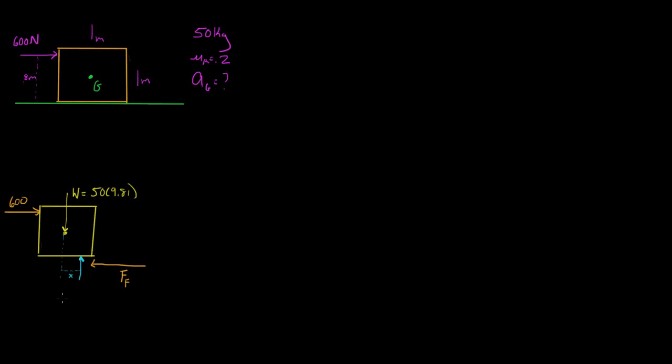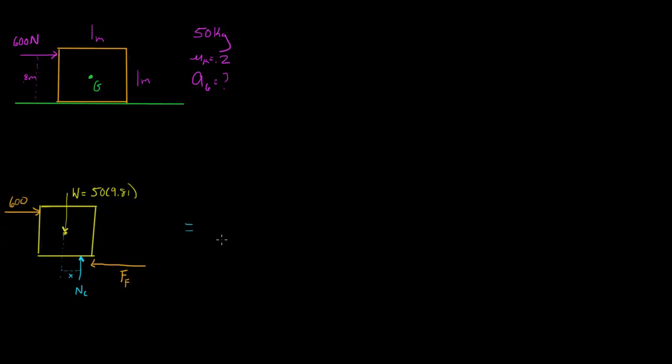And the reason that this normal force, let's call it NC, normal force of the crate, is not in the center is because this force P can either cause the crate to slide or tip. And we're going to assume that the crate slides. So this normal force is not directly in the center, but it has to balance out this 600 Newton force. So